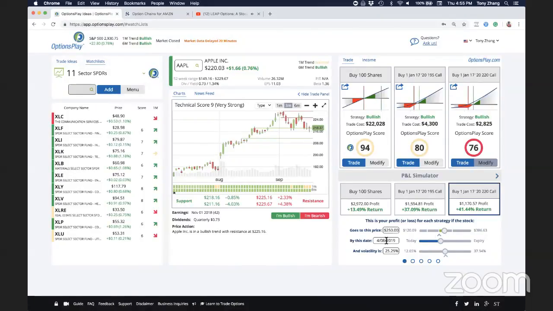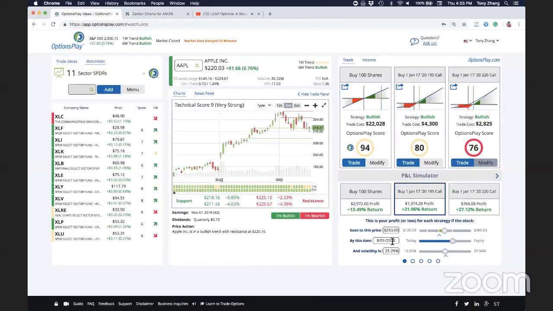So as you can see here, if you expect a quick move higher, you can then look at what the returns are for each one. And that return profile may look very different than if you expect to hold this to expiration. Like I said, usually when we're buying leap options, we're generally not holding them to expiration. So depending on what your views are on where you think the stock might be between now and maybe 3 months from now or 6 months from now,